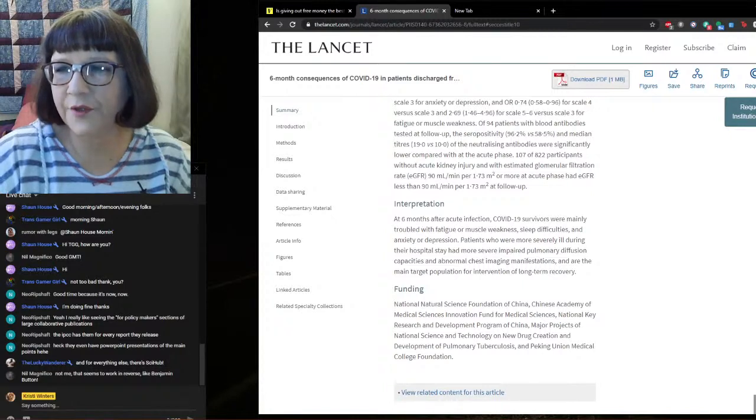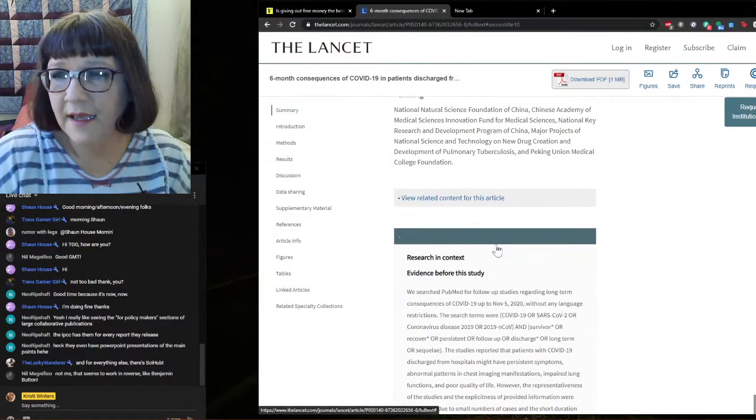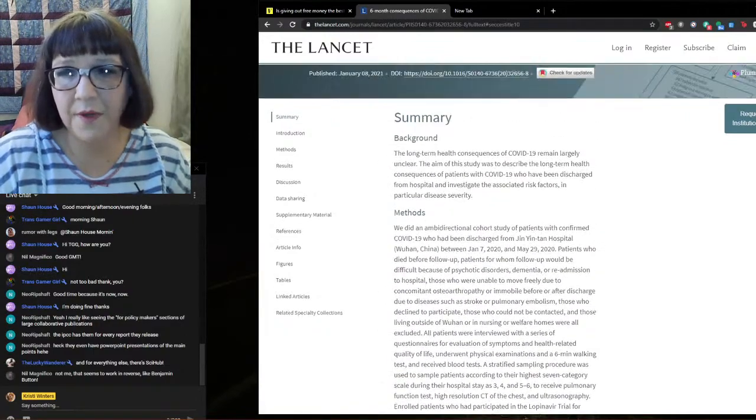At 6 months after acute infection, COVID-19 survivors were mainly troubled with fatigue or muscle weakness, sleep difficulties, and anxiety or depression. And then they mention who funded it. This is just boom, boom, boom. I mean, this is just